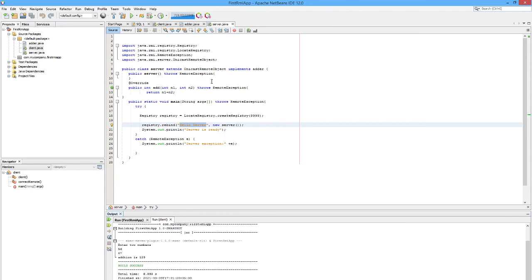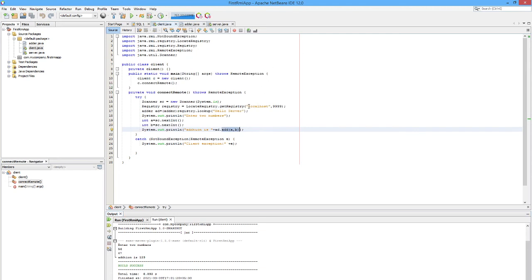It is a distributed application, and from a network you can access any machine as a client and server, or the same machine as client and server. Here, instead of localhost, you can use the IP of any machine on the network, and you can access any remote method. I hope you understood all the concepts. Client side object created, server side object created, and the communication points in between client and server are the stub and skeleton.